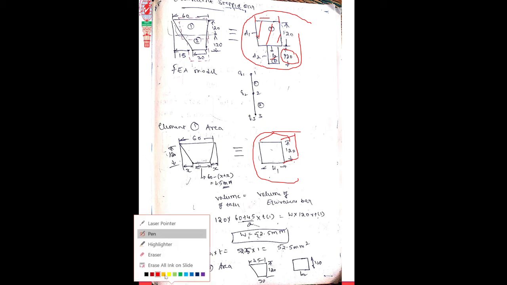But actually it is not W1 into 120. Why W1 into T only? That I forgot to ask you before the problem itself. Why W1 into T? Why not W1 into 120? It looks like a rectangle, no? Rectangle area should be W1 into 120, correct? But why am I taking W1 into T in all the problems, we took in the first problem also? Why taken W1 into T? T is here.